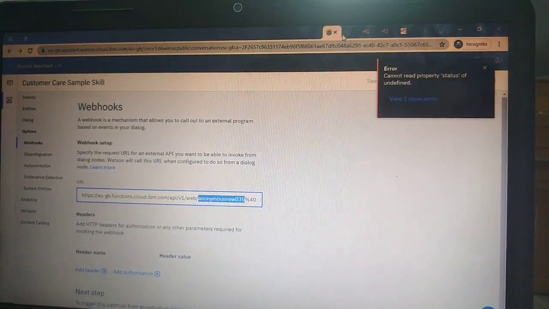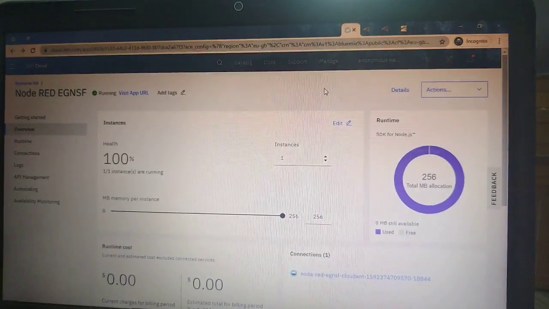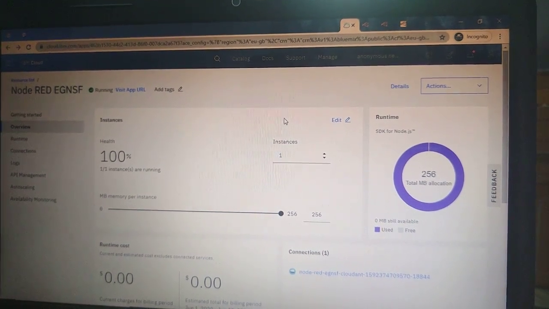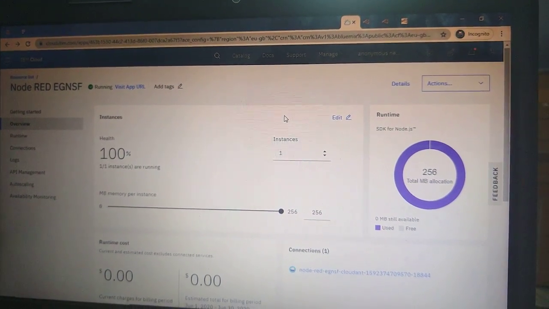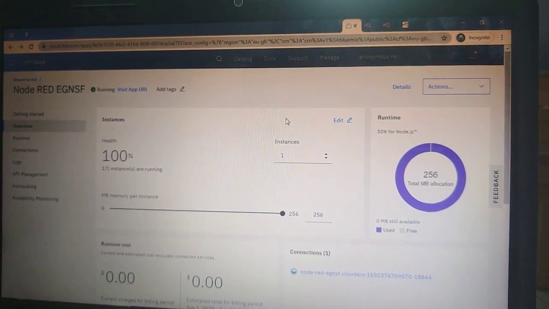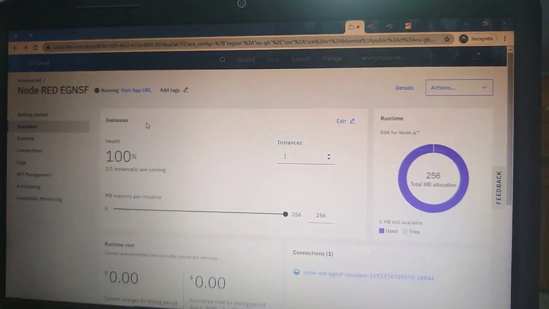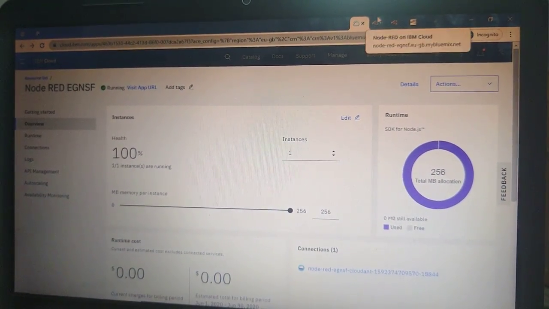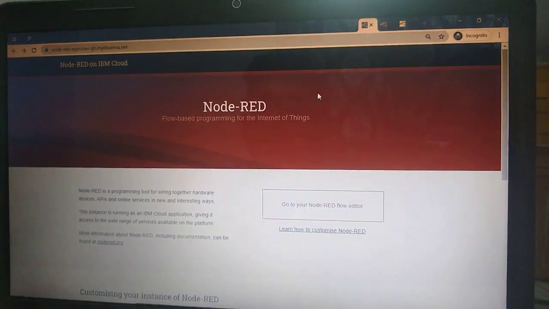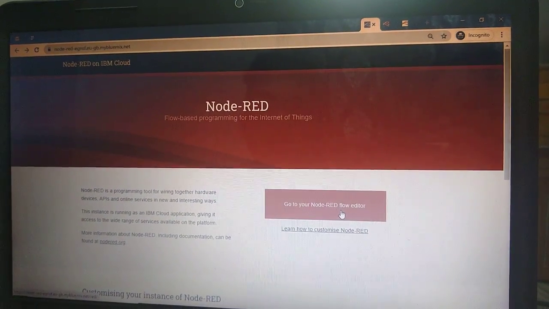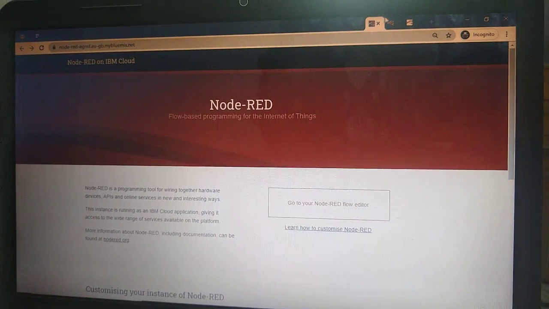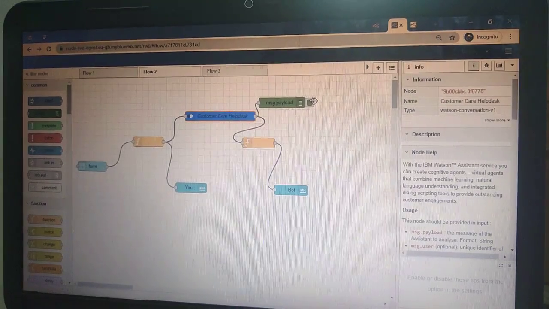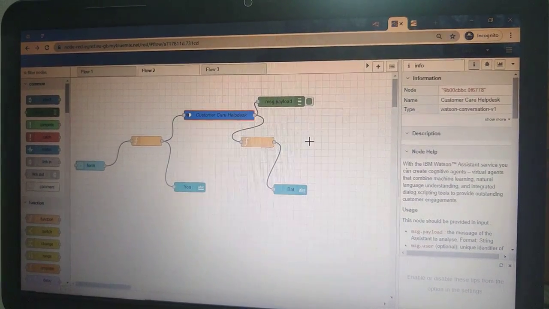I've already done that, and after that we move on to Node-RED for the front end part, and there also we will connect it to the back end. This is the landing page of Node-RED, and by clicking here we are directed to the Node-RED site, which shows like this. After moving on to this link, we are directed to the Node-RED flow page, where we are required to create a flow. I have already created one flow.